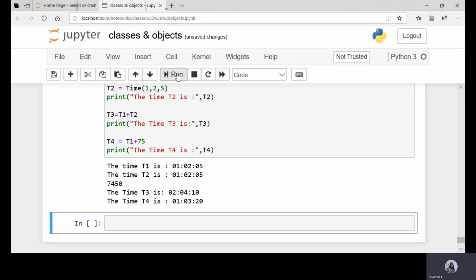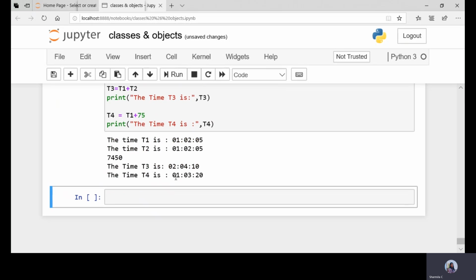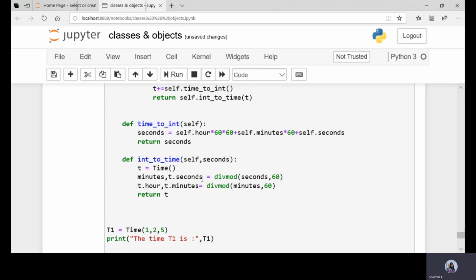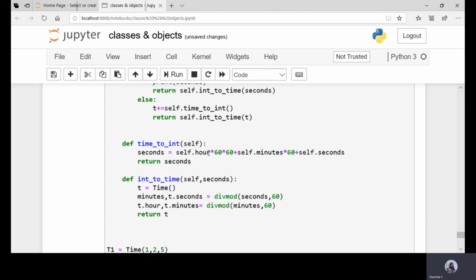Just run it. You can see we have the time T4 is 13:20. Before, T1 was 1 hour 2 minutes and 5 seconds. Now after adding 75, I'm getting 1 hour 3 minutes and 20 seconds. So it is performing the other operation.